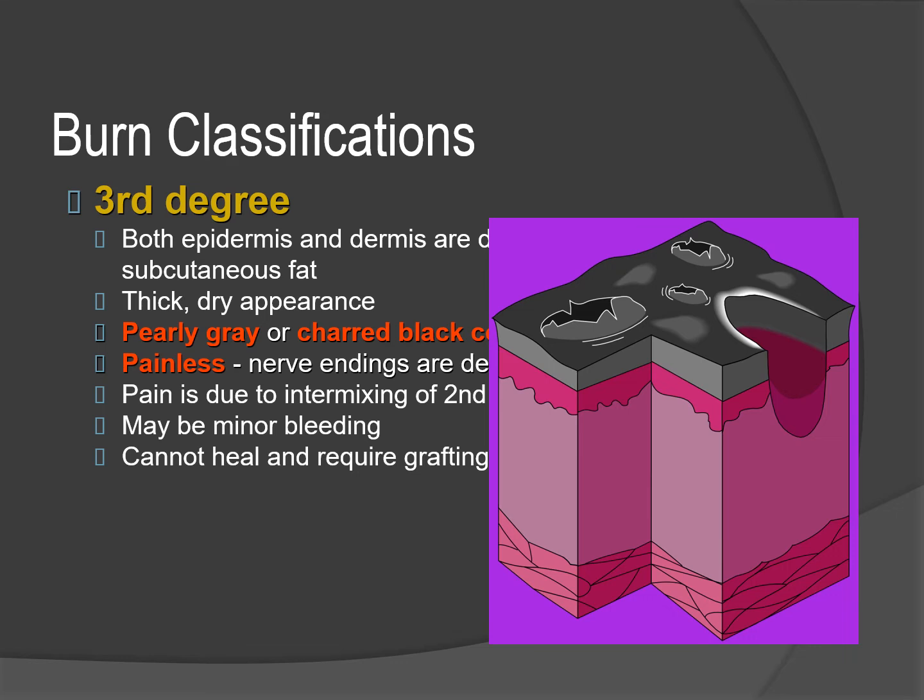They often look waxy, pearly gray, or leathery, with a black charred appearance. They are usually painless and there is no cap refill. Treatment is always surgical. So pitfalls to avoid during burn assessment would be: do not use pain to exclude full